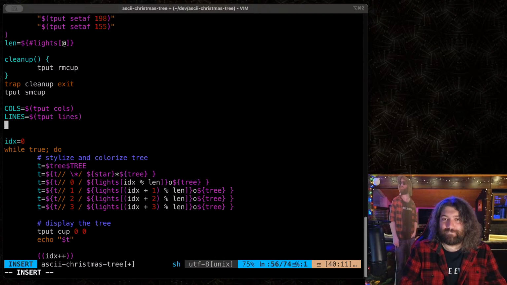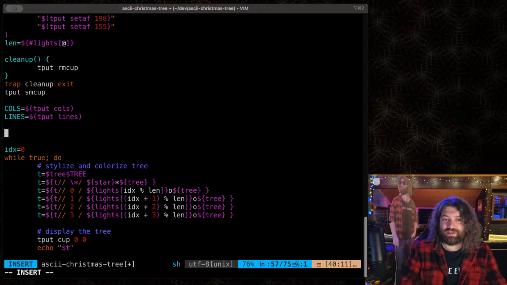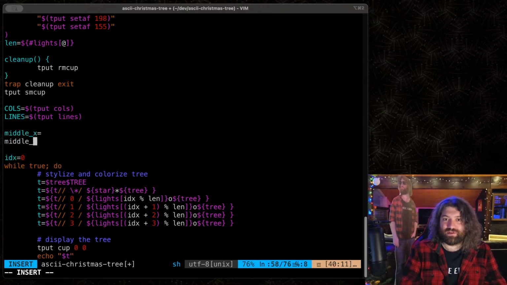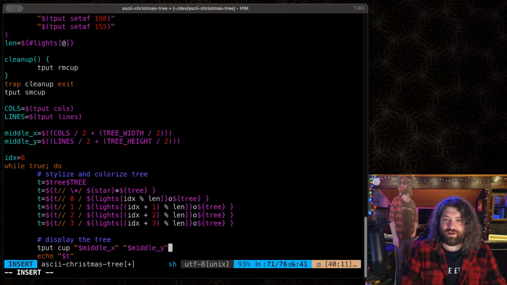So to get the middle point, middle x and middle y. The x would be the number of lines divided by 2 plus the tree width divided by 2. And this would just be the same thing, except oh wait, this is the x, so this should be cols. Right? I think so. Lines divided by 2 plus tree height divided by 2. Okay, and then if we just reset this to middle x, middle y,